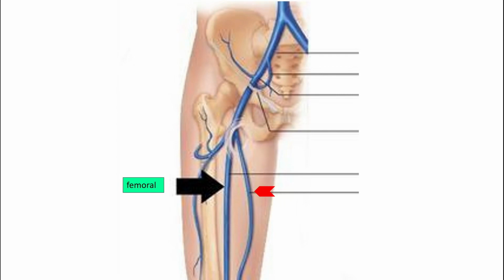Especially this vein on the medial side, which is a superficial vein called the long saphenous vein, also called the great saphenous vein. This saphenous vein is going to join the femoral vein,